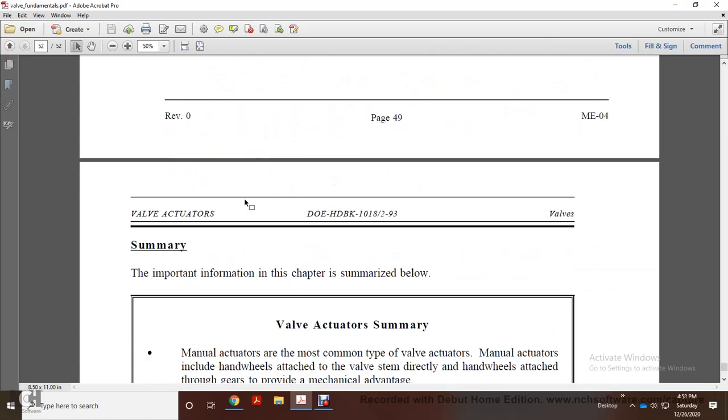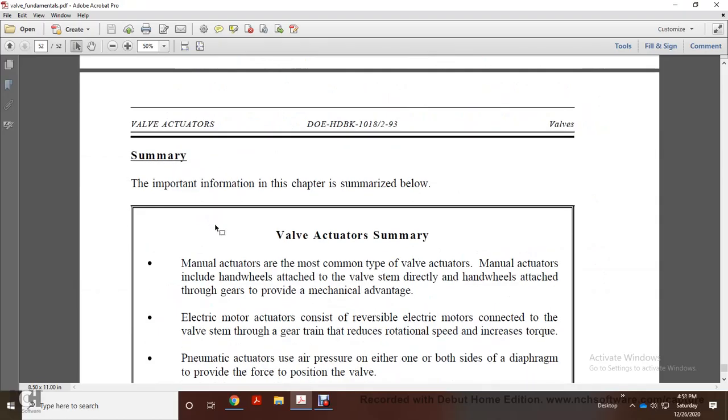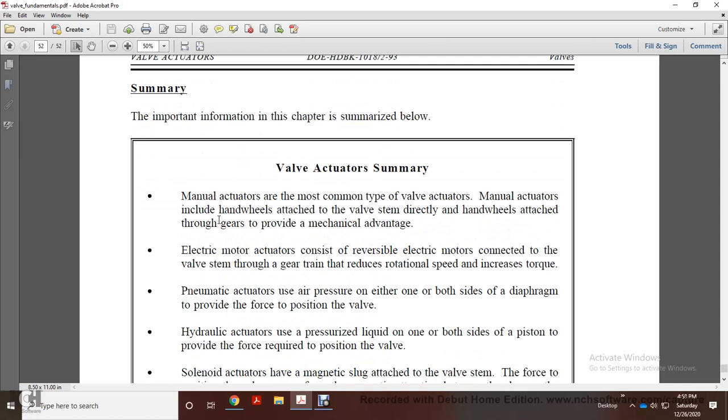Alright, summary. The most important parts of the chapter are summarized as the valve actuator summary. Manual actuators are the most common type of valve actuator. Manual actuators include handwheels attached directly to the valve stem and handwheels attached through gears to provide mechanical advantage. Electric motor actuators consist of reversible electric motors connected to the valve stem through a gear train to reduce rotational speed and increase